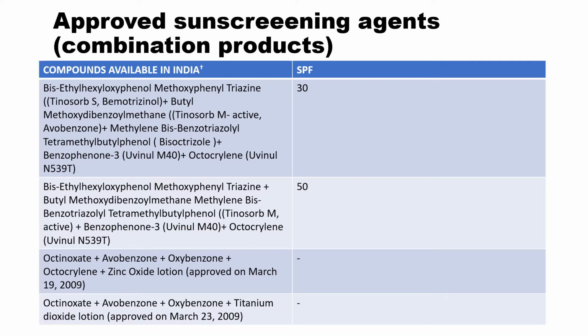Go to the first, which claims to have an SPF of 30. For SPF 50, again the same sort of benzophenones. Then again you have various kinds of octocrylene. Then you also have zinc oxide present, then octinoxate, titanium dioxide. So all the commercially available sunscreens have a combination of both UVA protection agents and UVB filters, along with a few inorganic substances and a few organic agents. The whole formulation comprises 2 to 7 filter block agents to have a minimum desired SPF.